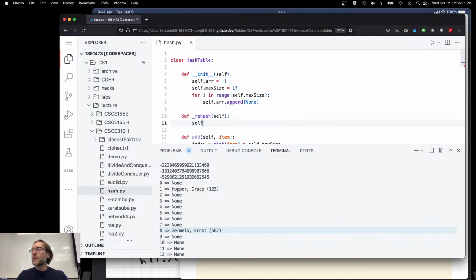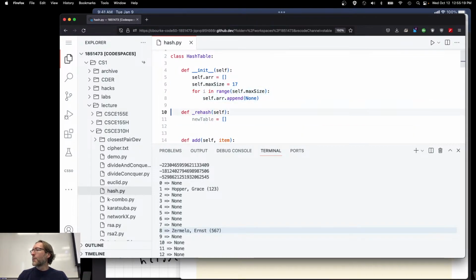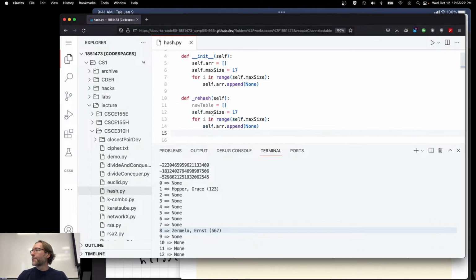What I need to do is I need to create a new array, new table, and I will go through and make it larger. I'll say, can I do this in Python? Make it twice as big? I think I can, right? Anyway, new table, dot append, none, and then what I'll do is I will go through all of the old